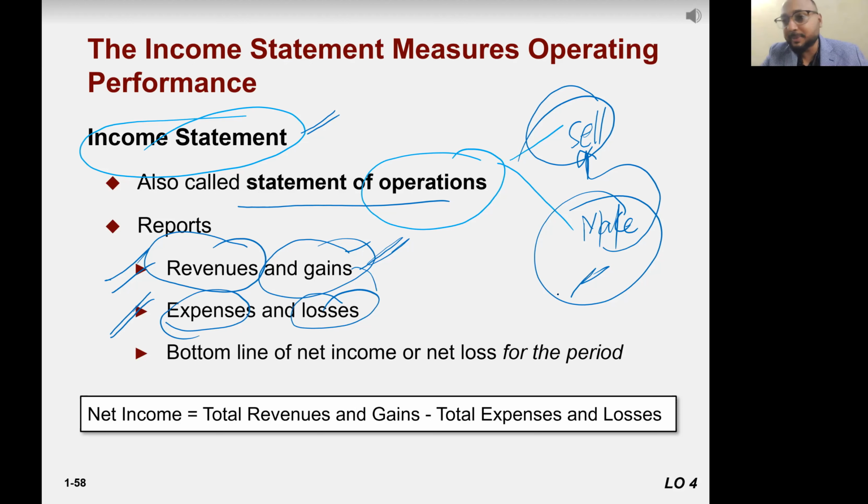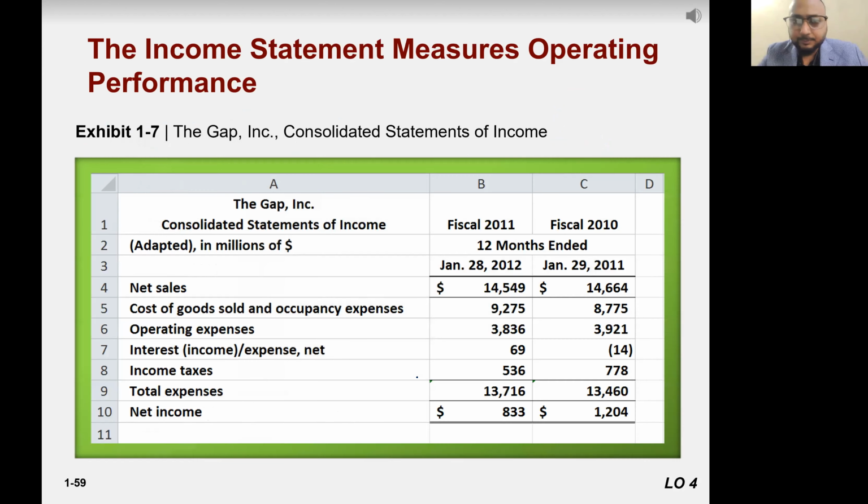We call all these expenses. So the bottom line is revenue minus expenses equals net income, or net loss if it's a negative sign. So how are we going to write this in statement form? This is a statement, not a formula or an equation. The equation is simple: revenue minus